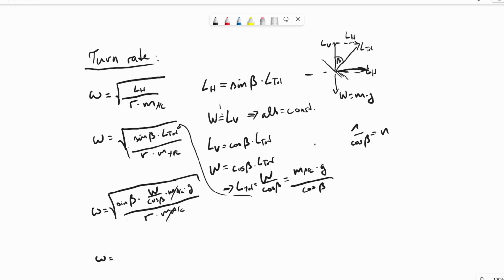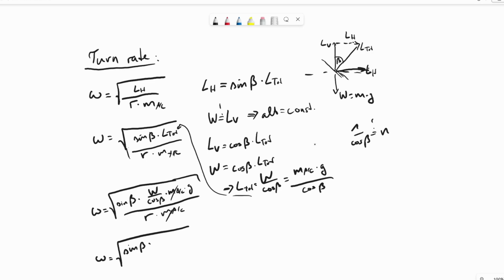Our load factor is defined as 1 over cosine beta, because it gives us the amount. It basically describes how much I have to increase my total lift component depending on my bank angle to maintain level flight. So we'll keep it as such, because this 1 over cosine beta we can actually write as n, the load factor. So what we are left with is our sine beta times